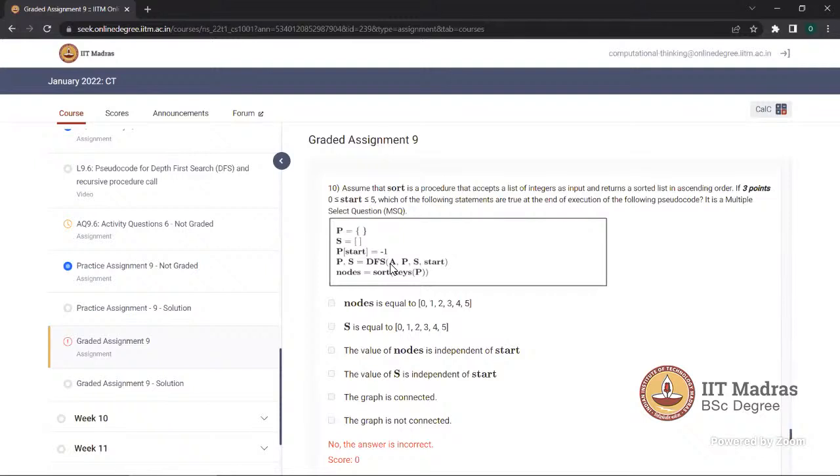For DFS, I have already explained this question in the week 9 solve-with session, the entire depth first search algorithm using some 100 plus slides. I think it's better if you watch that. I also wrote it down in my copy, but I'm still confused. Is there any specific place where you are confused? Maybe I can address that.